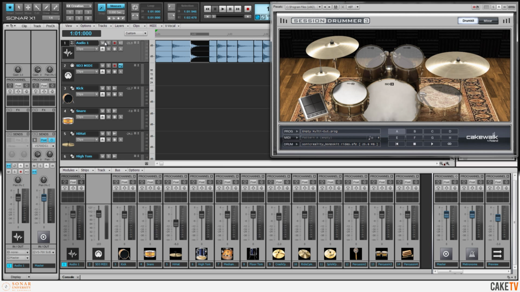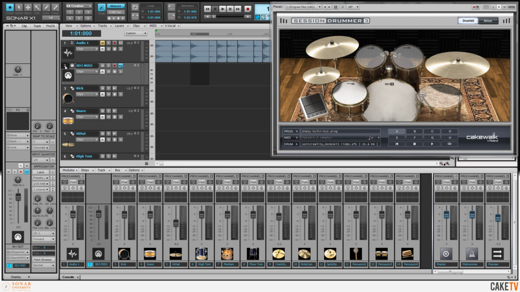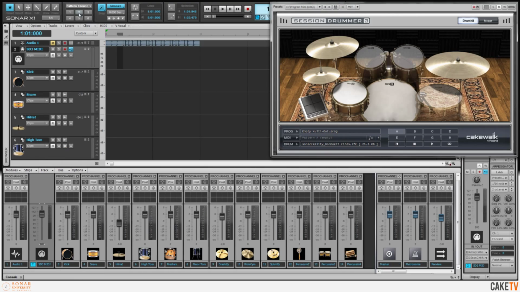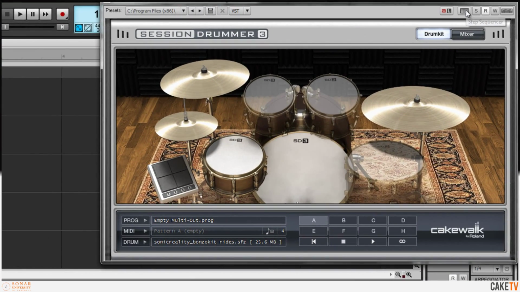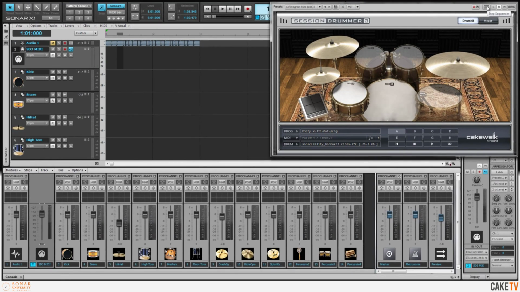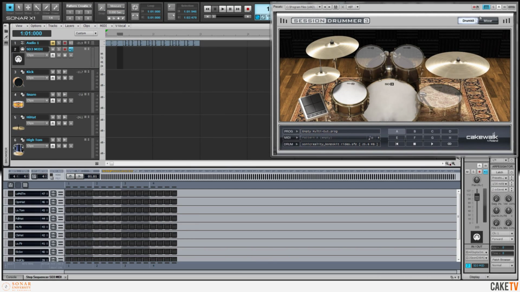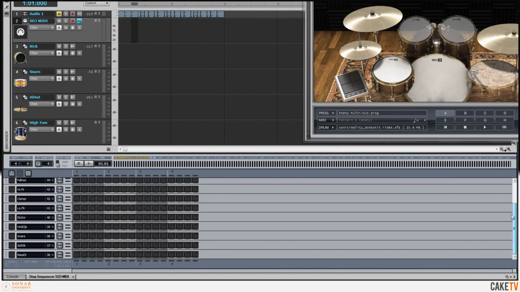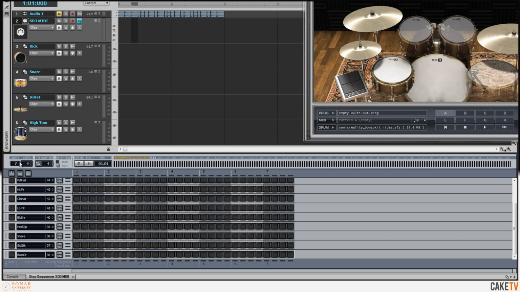So I'm going to mute my first audio track since I don't need that anymore, and switch over to Screen Set 2, which I have set up for pattern creation. Clicking on the step sequencer icon at the top of Session Drummer's interface opens the step sequencer in the multi-dock. Step sequencer is basically a grid of rows and steps that automatically maps out to Session Drummer or any other soft synth. I'm going to change this pattern to be 8 beats long,